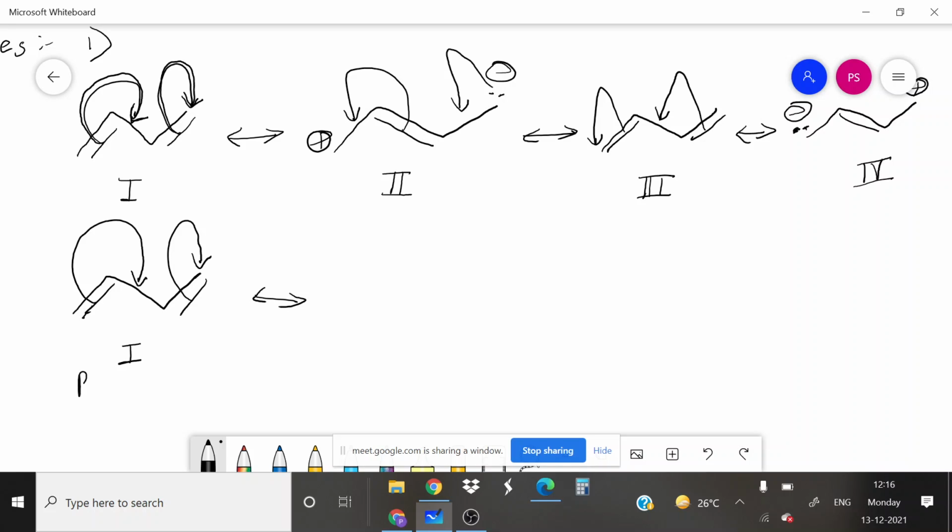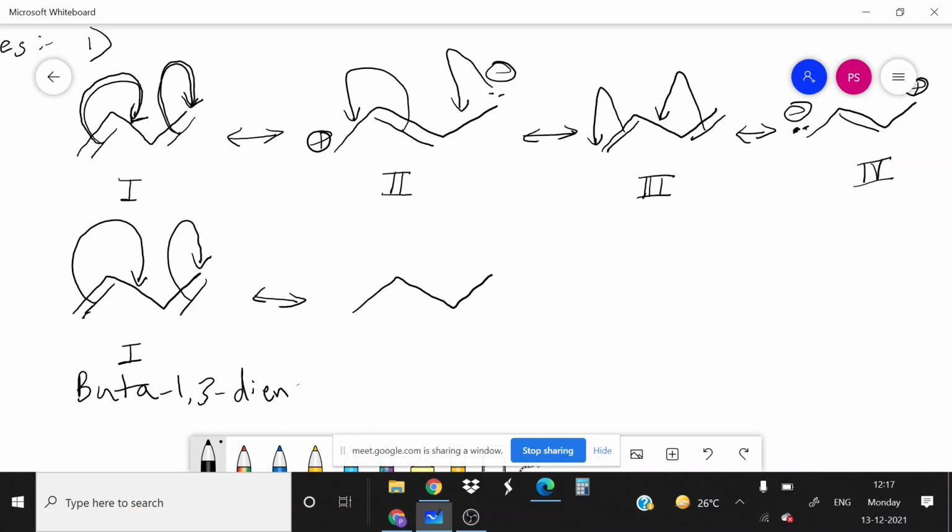The name of this compound is buta-1,3-diene. Now the next structure we have to draw carefully. First you have to write down the carbon framework, CH2 CH CH CH2. Now focus on the loosely held electrons, that is, the pi electrons. You can see that in structure number 1 the movement of electrons is from